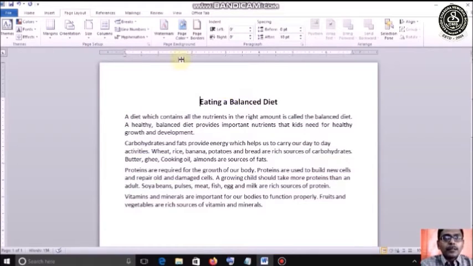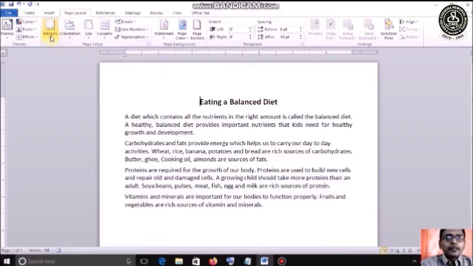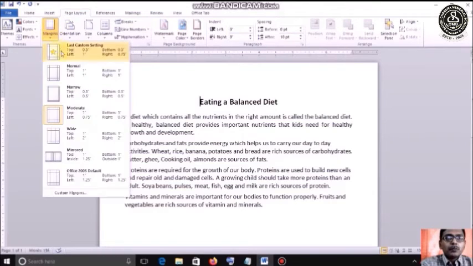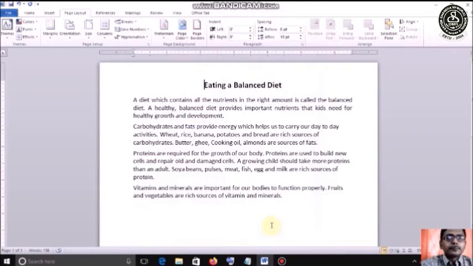Now, if you don't want these predefined margins, you want to give your own top margin different from bottom, left different from right, so 4 margins you want to give differently, then click on the margin option again, and go to the last option, that is custom margins. You click on this custom margins, the page setup dialog box appears, and here is your margin section. Now you can manually give values for top, bottom, left and right. After this, click on OK button. Clear?